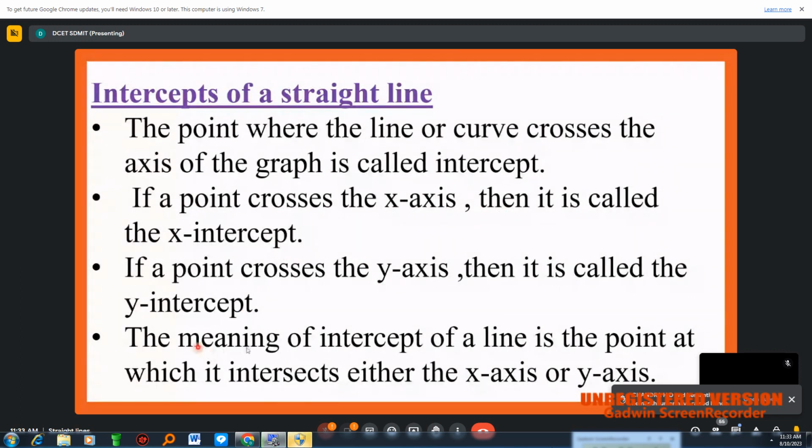So the overall meaning of the intercept of a line is that point at which it intersects either the